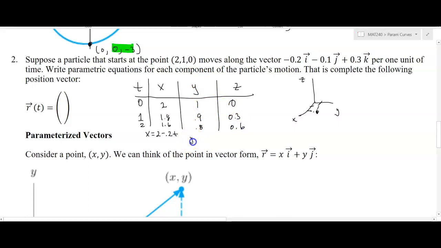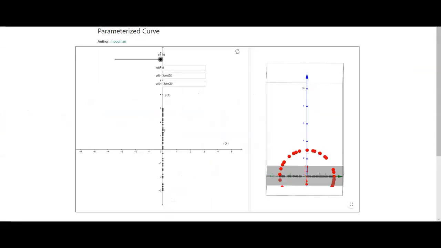So y is going to start at 1 and decrease by 0.1 per unit time. Z is going to start at 0 and increase by 0.3 per unit time. So if I wrote this vector out here, and I wanted to express this as a function of time vector, the x component we just mentioned should be 2 minus 0.2t, y is 1 minus 0.1t, and the z is 0 plus 0.3t. And now if I go over to our model of this,